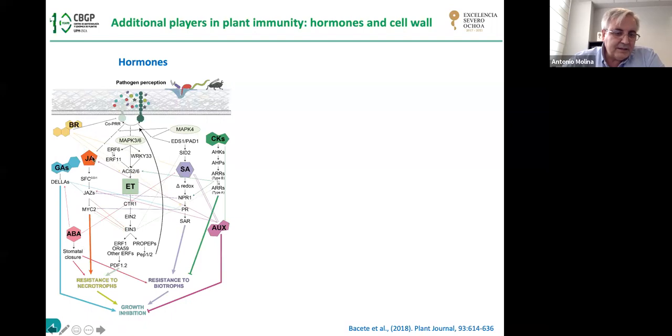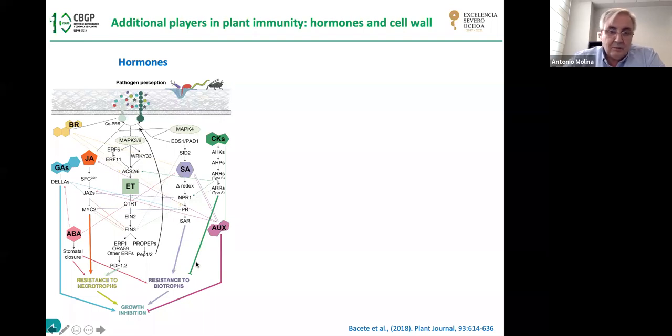response, like abscisic acid, gibberellic acid, brassinosteroid, auxin, and the group of hormones that I will focus on today, that are cytokinins. And the contribution of this hormone to the resistance to different pathogens has been really well characterized, but in some cases there are a lot of doubts regarding the function of these hormones. And I will try to explain what is our view now of the contribution of cytokinins, and particularly the Arabidopsis response regulator that is part of the cytokinin pathway in the regulation of the immune response to necrotroph and vascular